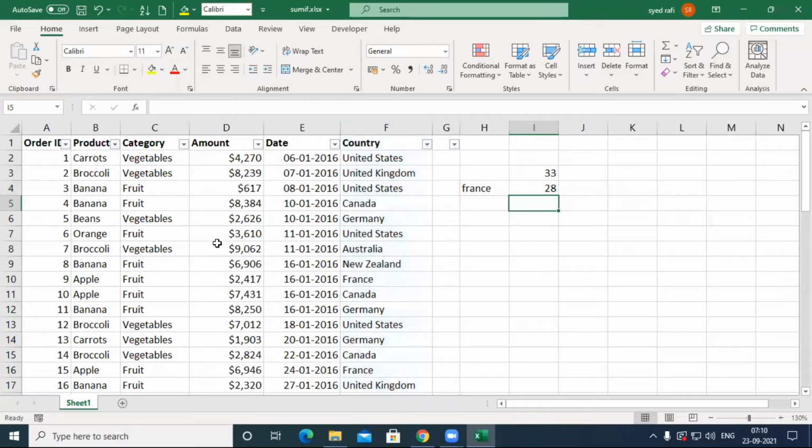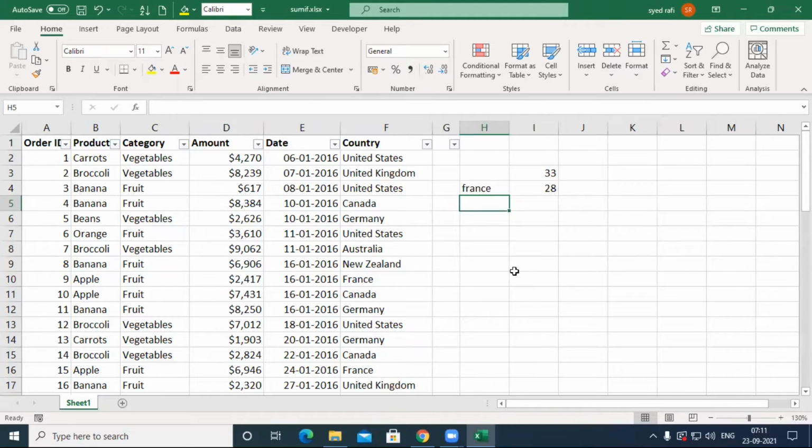This is one example I took in this table. It contains all data types like text, numbers, dates. That's why I selected this one. Later I will send this to you, and you may practice on it. So we applied on text. Now we apply on the values.